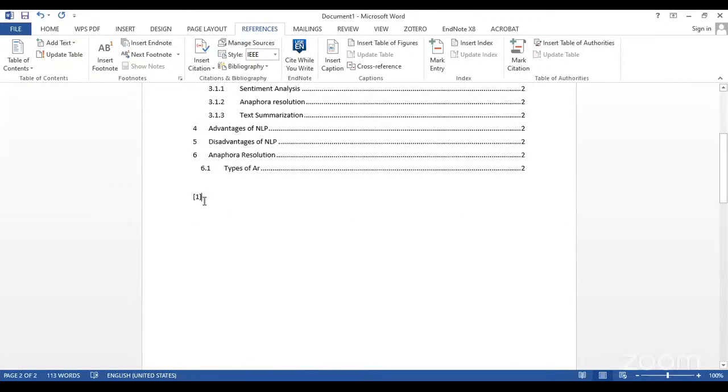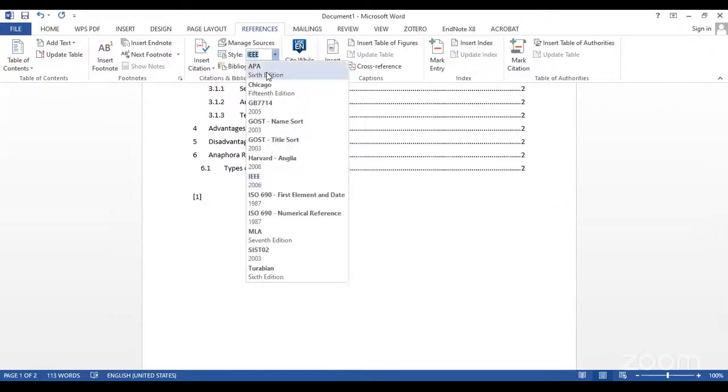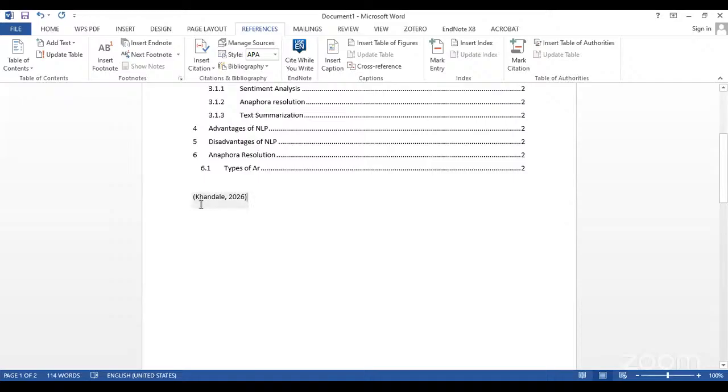You can see here the citation is added in square brackets, because the style of reference is IEEE. If I select APA style, it will give the name of that particular author. Do you understand?